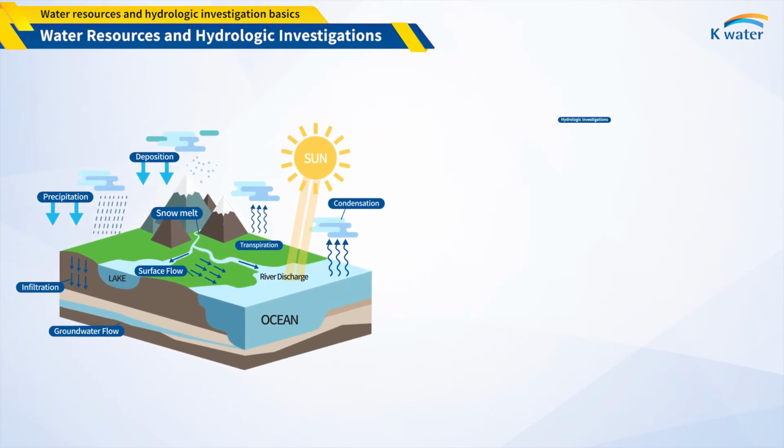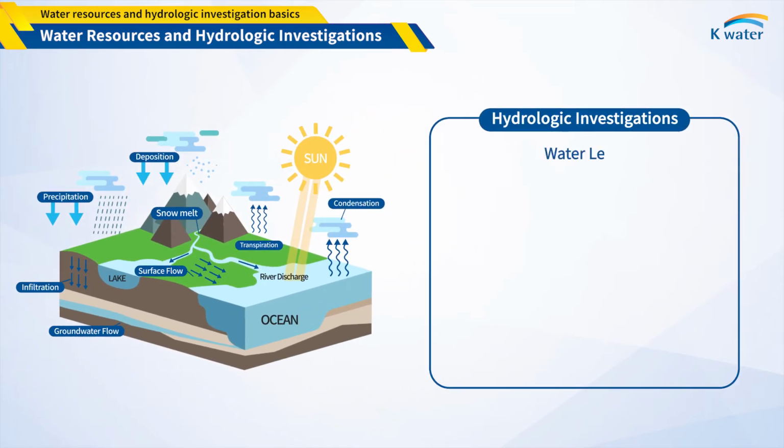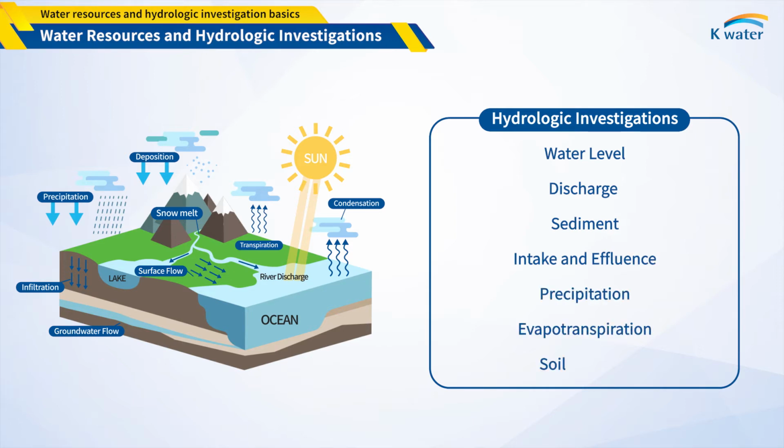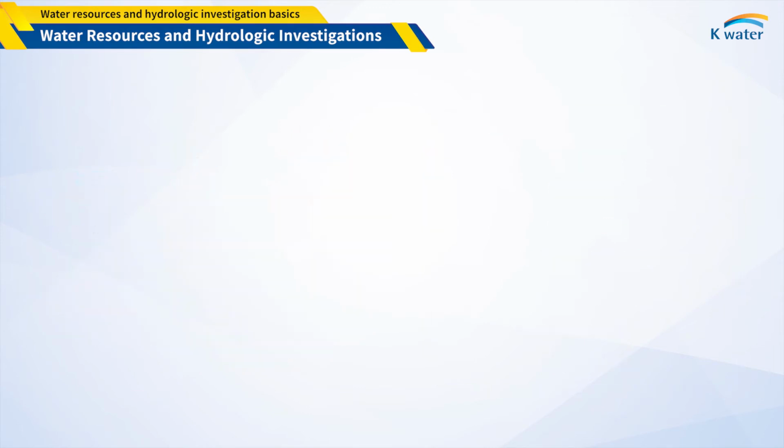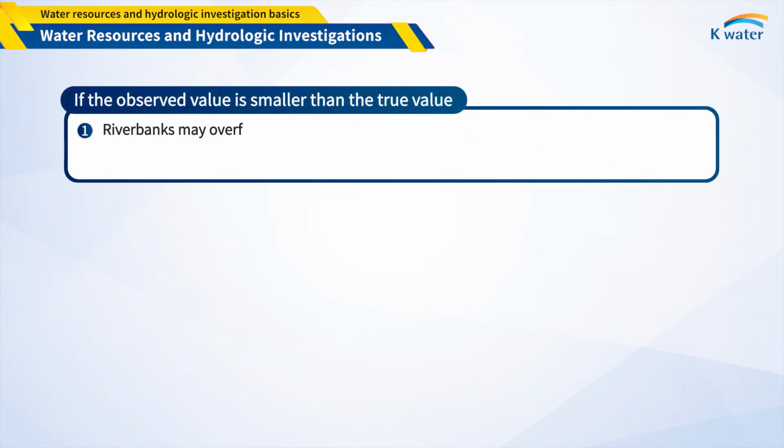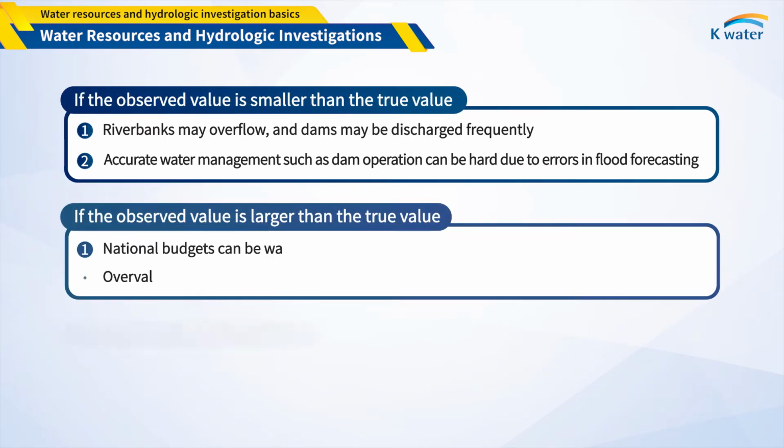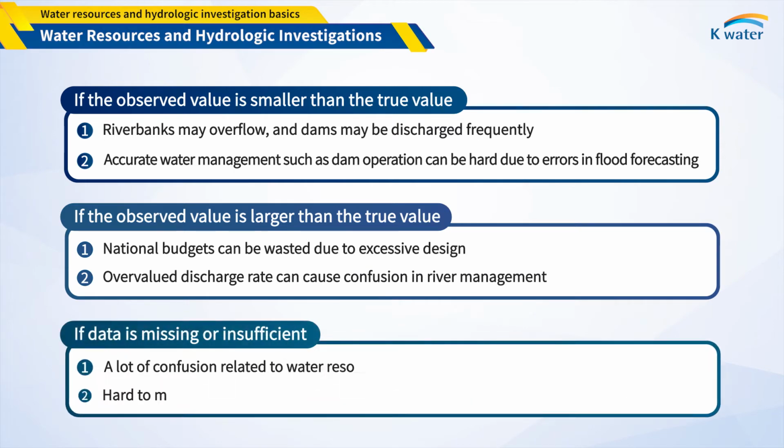When conducting hydrologic investigations, the water level, discharge, and sediment from rivers and lakes, as well as the intake and effluents from these sources, and the precipitation, evapotranspiration, and soil moisture content of river basins are observed, measured, investigated, and analyzed in scientific ways. A hydrologic investigation should be conducted very precisely for efficient use of limited water resources compared